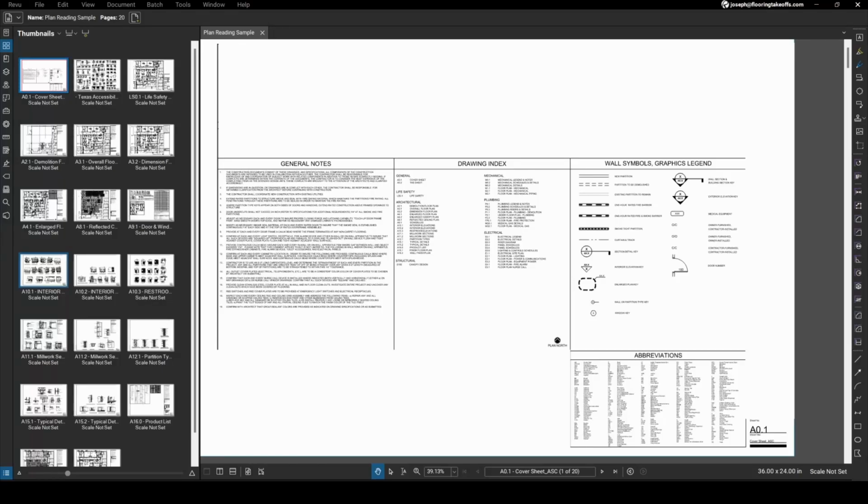Hey everyone, in this video I'm going to cover how I go through a set of plans when I'm getting ready to do a takeoff. And this is just going to be for flooring and tile takeoff, so it may be a little different depending on what scope you're looking for, but I had some requests about going through plans and some questions on some of the other videos I've done, so I thought this would be a good idea, kind of go start to